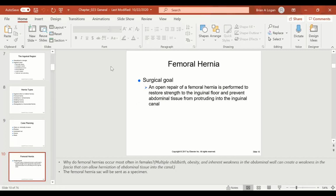Femoral hernia is kind of the same issue as the inguinal, but like I said, typically more for females. The reasoning behind that for males is that our inguinal wall deteriorates and we get hernias in that area. That's a common place to get hernias, because we do a lot of straining with lifting and things like that. And it can also be genetic, that you already have a weak wall in that area. For females, it's childbirth,